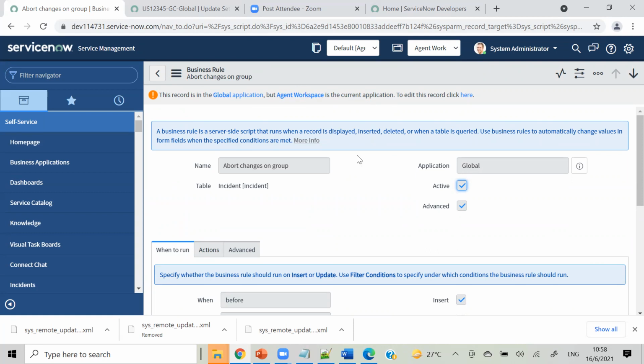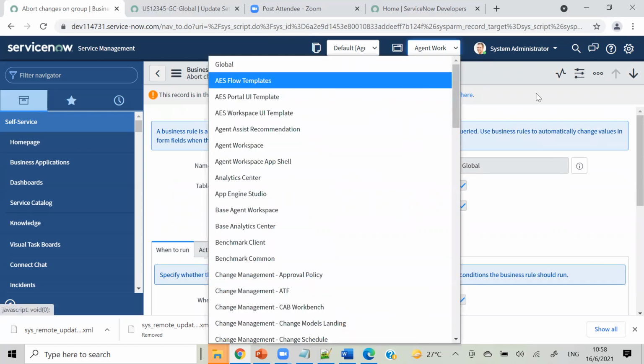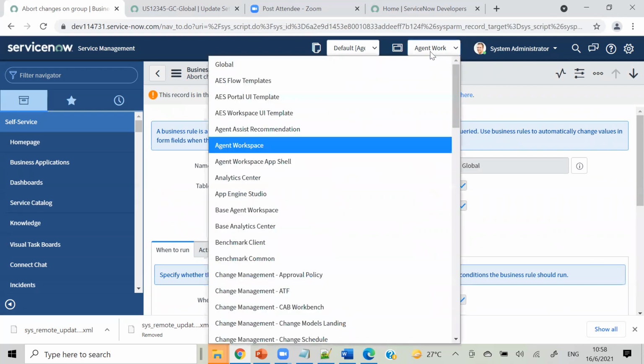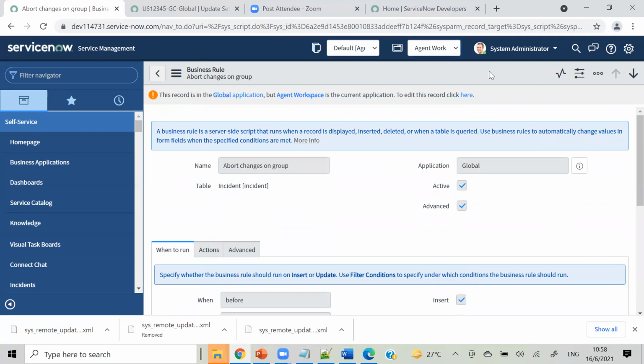What it means is, when I created this business rule, my application was set as global, and I did the development. But now your application is agent workspace, so it is showing us this error. To edit, we have to click here.